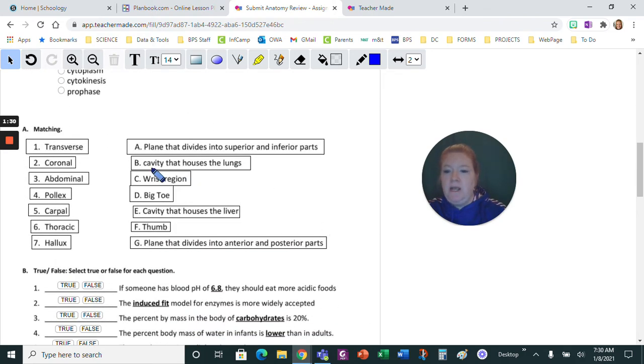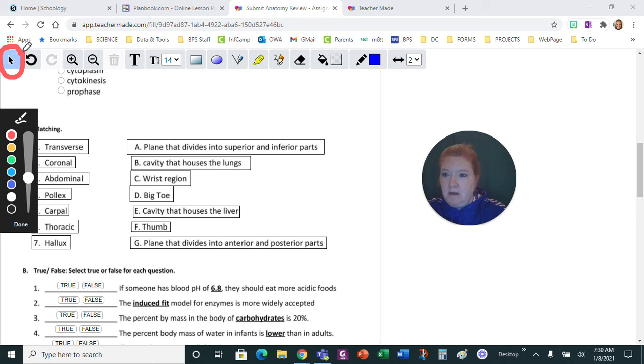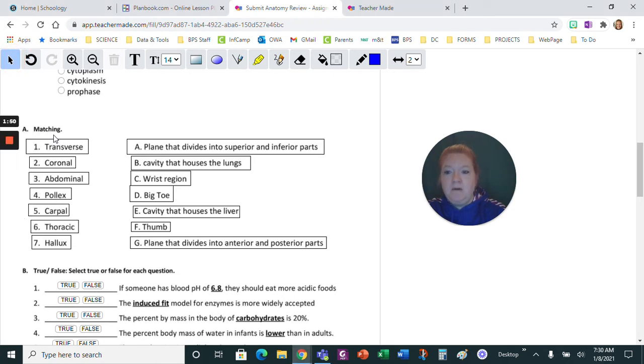This is the one that sometimes students have trouble completing because they're confused. Because you see, as you click over something, all of a sudden you see a crayon. So again, make sure that you have this arrow up here. I'm going to circle it. This right here is what you want to have selected. Now you're going to go to the matching section and say the first one I know for sure is